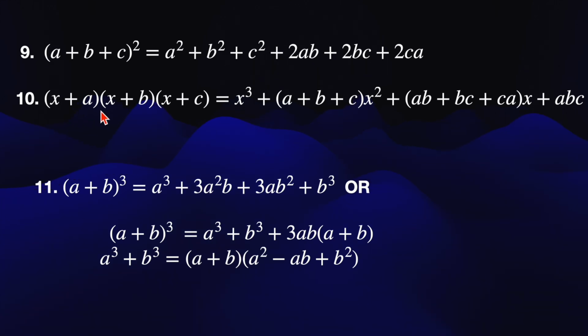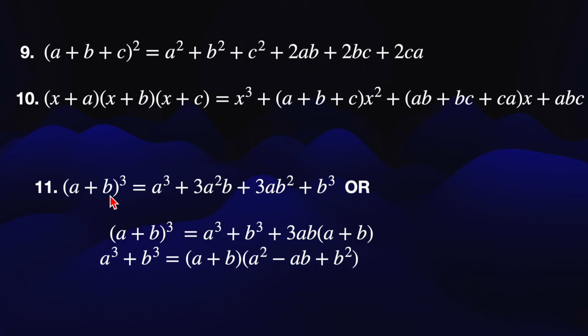So once again, (x plus a) into (x plus b) into (x plus c) is x cube plus (a plus b plus c) into x square plus (ab plus bc plus ca) into x plus abc. Now the 11th one is (a plus b) the whole cube. This is very simple. This is a cube plus 3 into a square b plus 3 into b square a